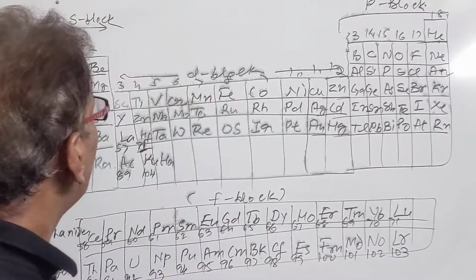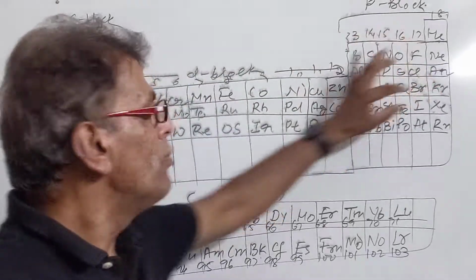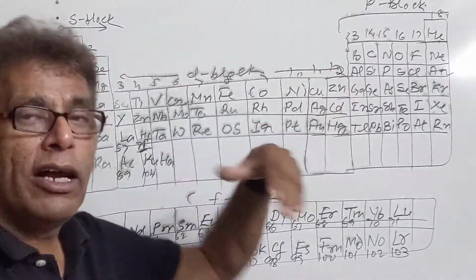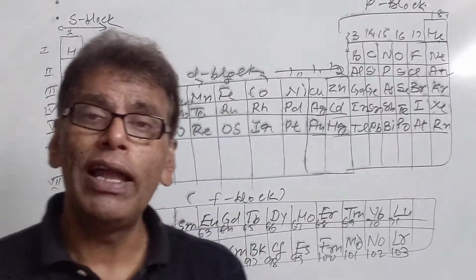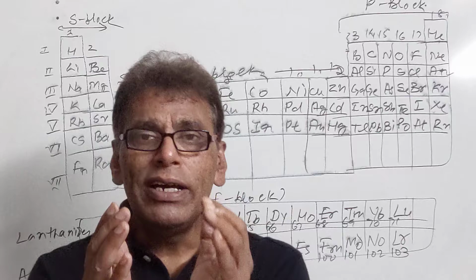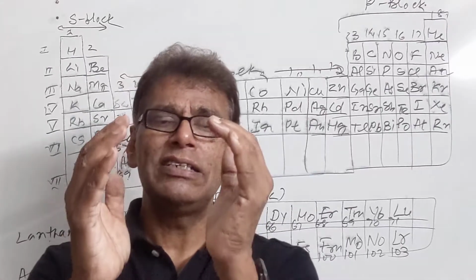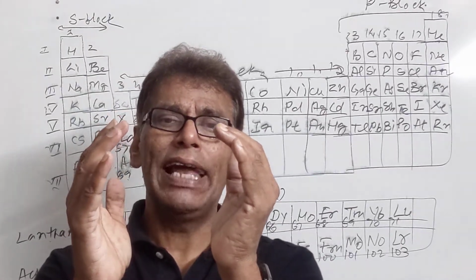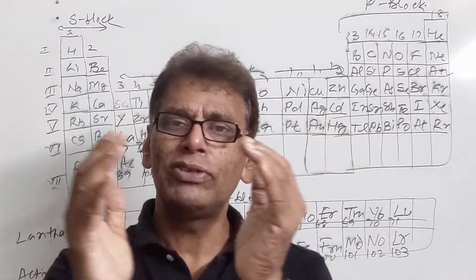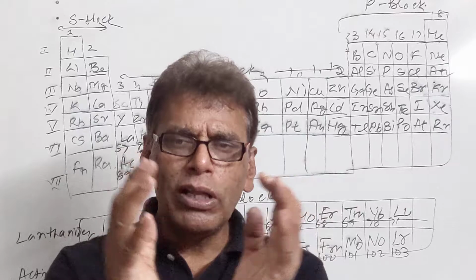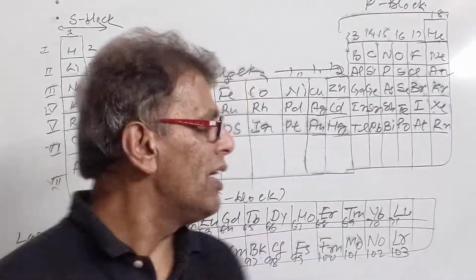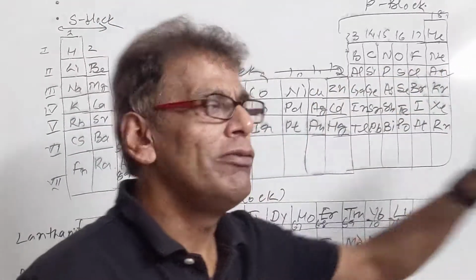But if we move left to right in a period, the nuclear charge continuously increases, but the number of valence cells remains the same. When the nuclear charge increases, but the distance of the outermost cell of the electron is not increasing, the number of cells remains constant. Therefore, the increased nuclear charge will pull the outer cell nearer to the nucleus, and the size will decrease when we move left to right.